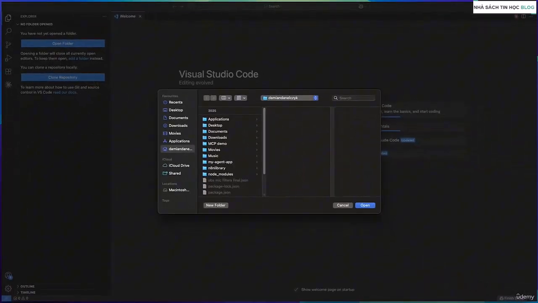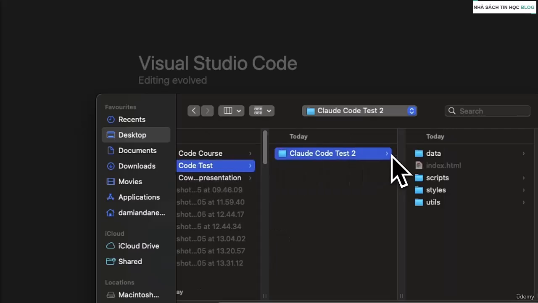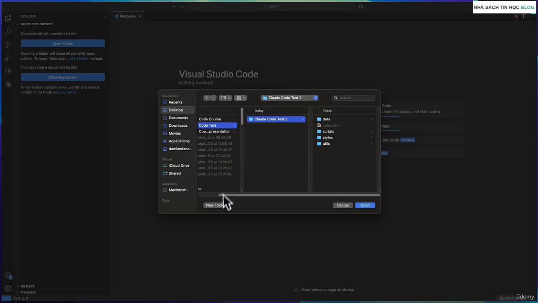Navigate to whichever project or folder you want to work in. I'm going to open the test folder I created in one of the previous lessons, which I called Cloud Code Test 2. All right. But you can, of course, create a brand new folder as well.